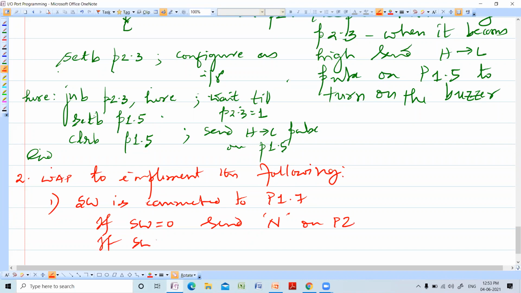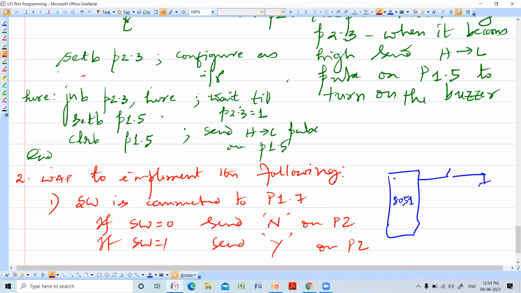If the switch is 1, send Y on P2. So we have to write a hardware diagram for this. So this is 8051. So the switch is connected to P1.7.